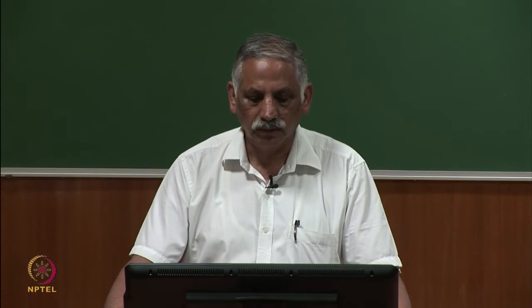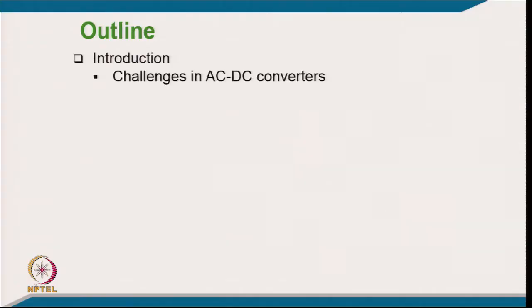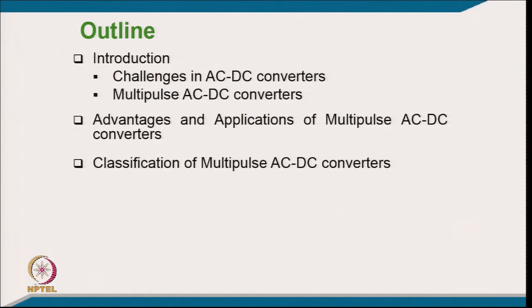Welcome to the course on power quality, where we will cover multipulse converters, which are used for power quality improvement on AC mains, because these are AC-DC converters. Coming to the outline of presentation, we would like to discuss the introduction, challenges in AC-DC converters, then we will talk about multipulse AC-DC converters, and we will discuss the advantages and applications of multipulse AC-DC converters, then classification